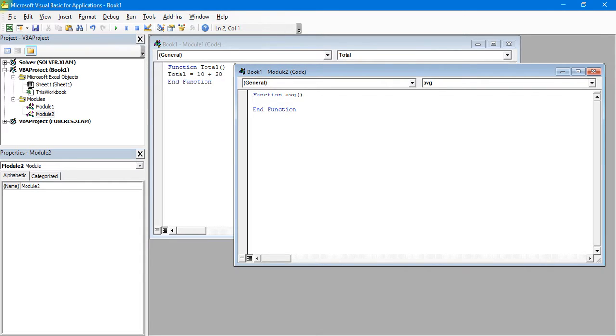So now let us take an example, that is, let us type x equal to 10, y equal to 20, and then we can write AVG equal to 10 plus 20 divided by 2. So let us end our function as it is over here, 10 plus 20 slash 2. So therefore whenever I type AVG in Excel, it must give us the average of this 10 plus 20. So let us check whether it is running or not.